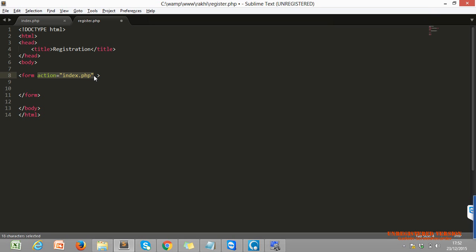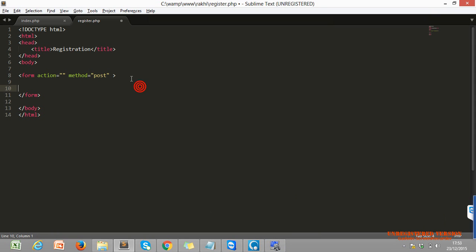Now we already saw, if we don't want to send data to the next page, we just want to send the data to the same page. Same page means the page submits itself. So we are not using any name within the action property. Next, the method. If we are sending data, we have to use a method.